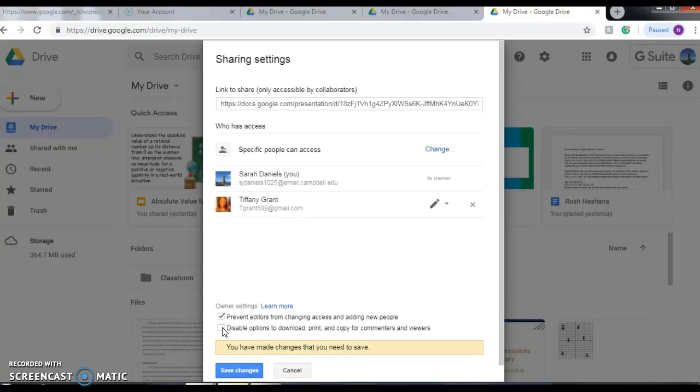And you can go even further. If you don't want people to be able to make copies, you can go right here and click this box as well, which is disabling options to download, print, and copy your comments or keywords. This is really great if you're sending something out as an assignment and you don't want your students printing copies and sharing with other people. Like if it's a test and you don't want them giving it to other people in other classes,